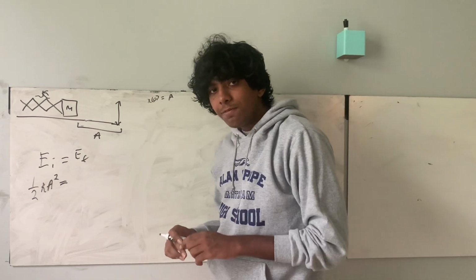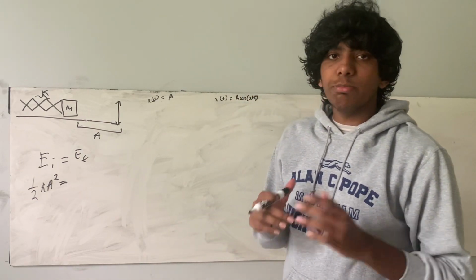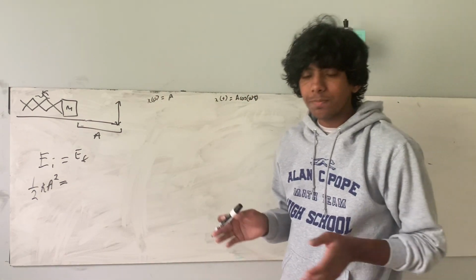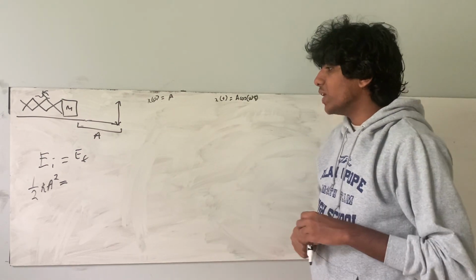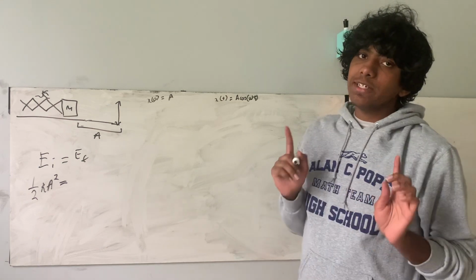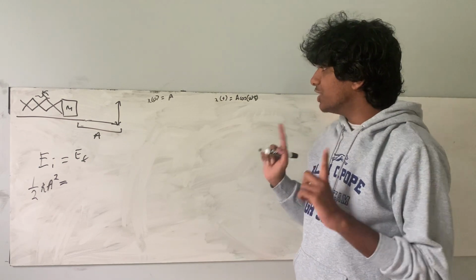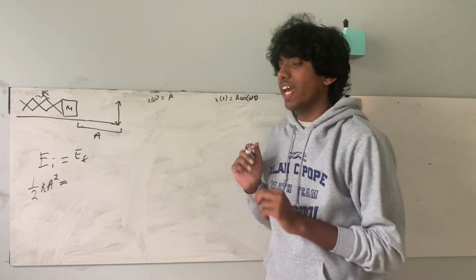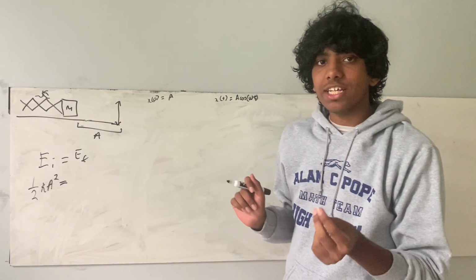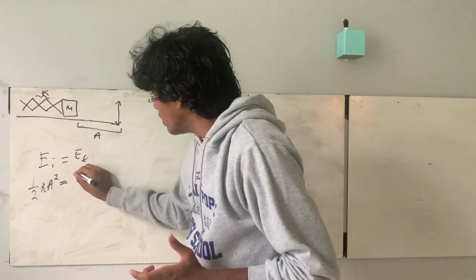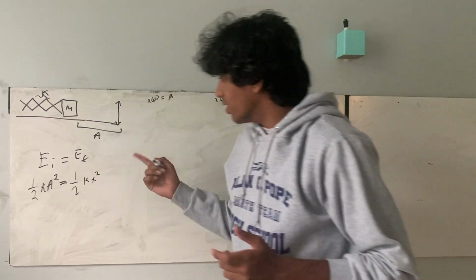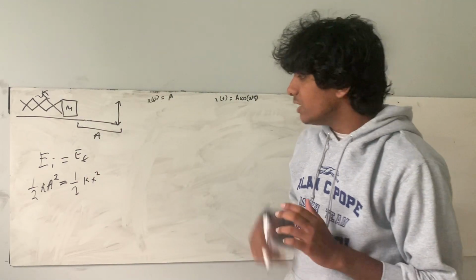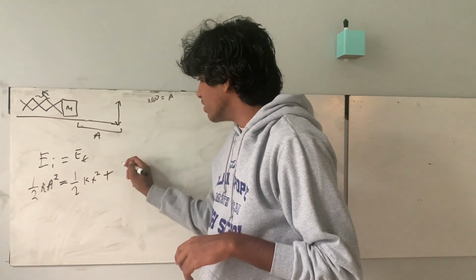Now, I said E_f, but this is really just E arbitrary. It could be any time when the energy is there. And whenever it's any time, it's going to be its stretch distance, which we already measured as x of t. We're just going to simplify into x. Its stretch distance times its constant, and then it's squared, right? That's its potential energy, plus its kinetic energy, which is going to be described as